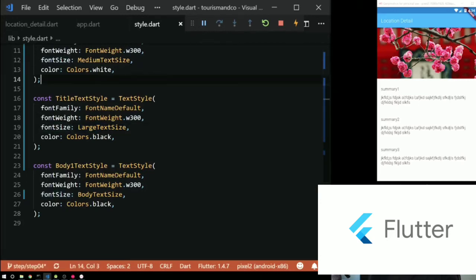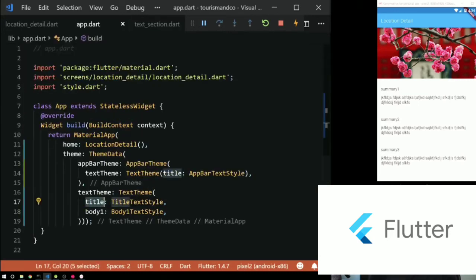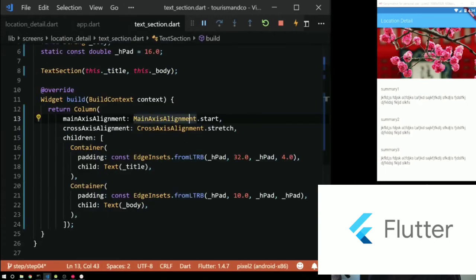So to deliberately say, hey, for this title here, let's say summary 1, I want to use the title text style, I have to deliberately go into my text section widget and update that. How we're going to update that is, for the text widget style,